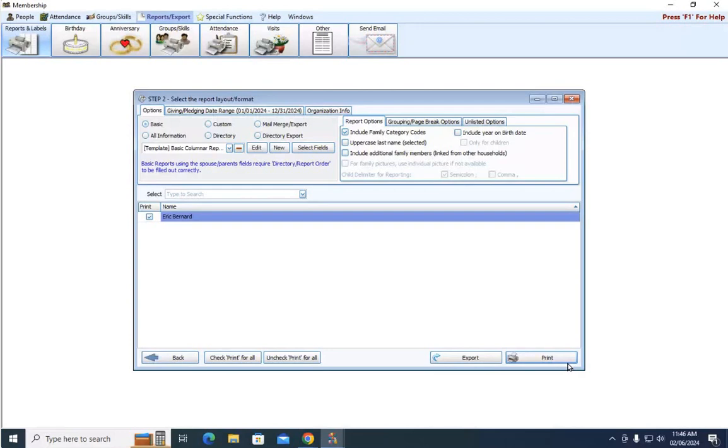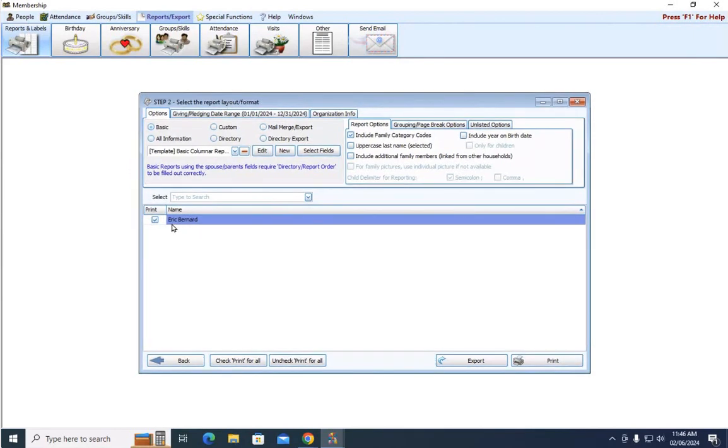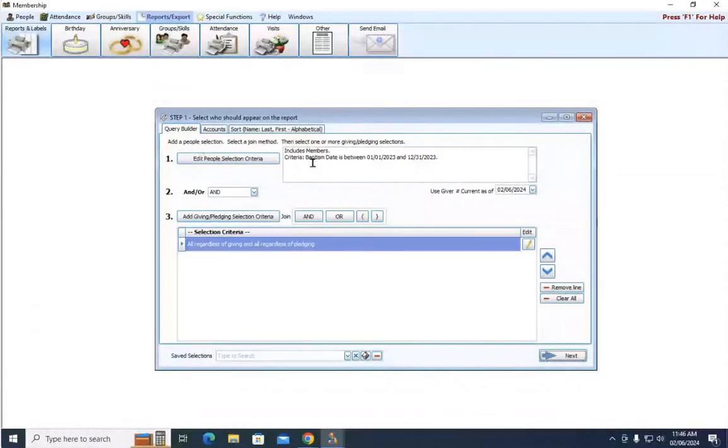So if you're putting in really good dates, really good data, clear information, you're going to get really good, accurate reports back out, okay? Now, if you run a report and you're like, Eric had a twin. I know Eric's twin sister should be on this report because they were baptized at the same time. And if you're missing someone from this report, then there's something about that person that's not meeting the criteria. So if we go back and look at our criteria,